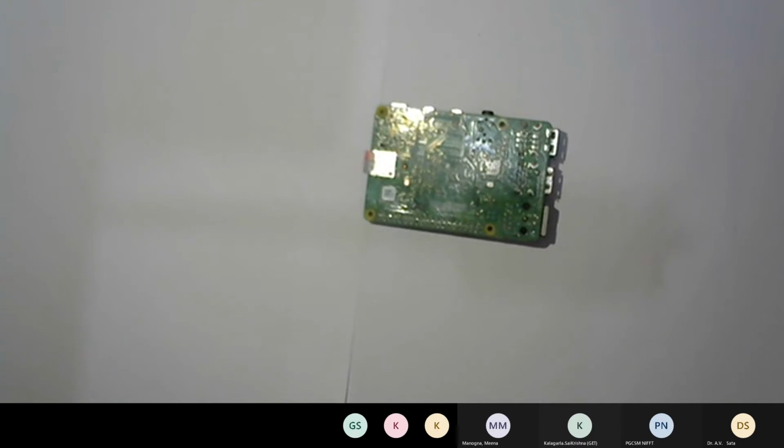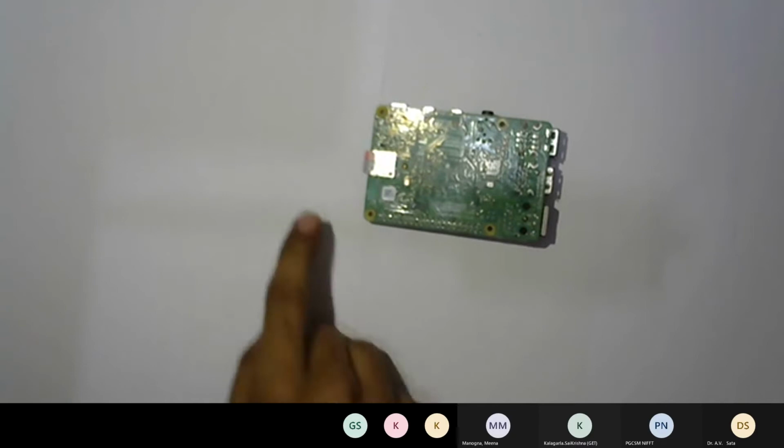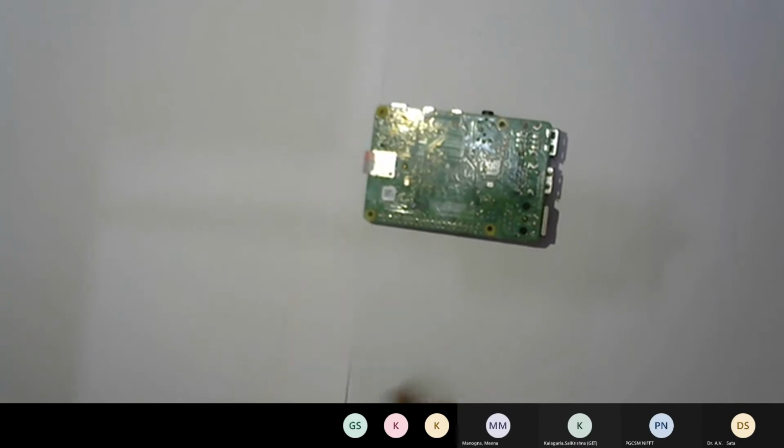It is very much open source, so you can download it for free and boot it up in the micro SD card. You will have to place this micro SD card in a section over there and just power it.